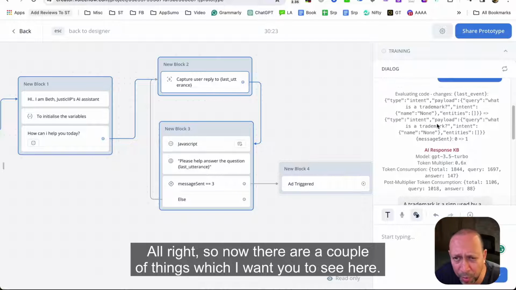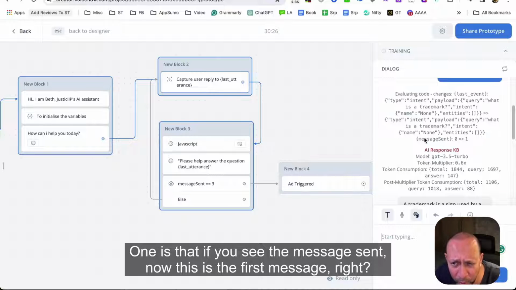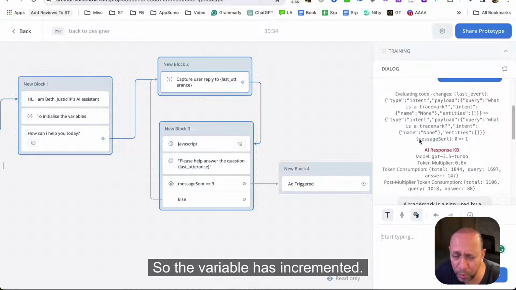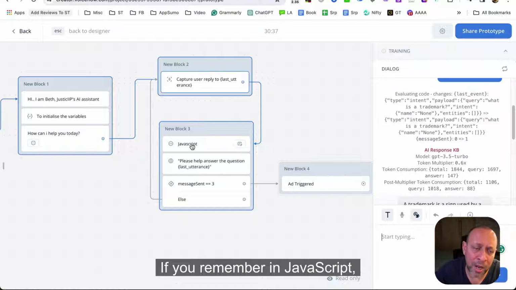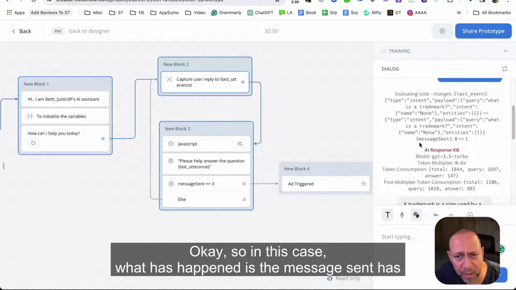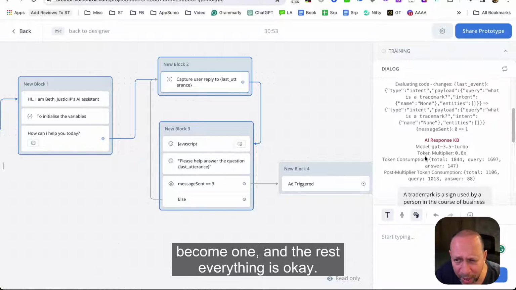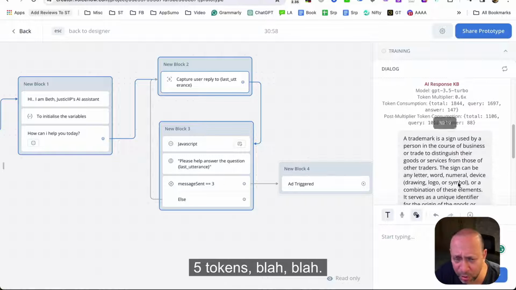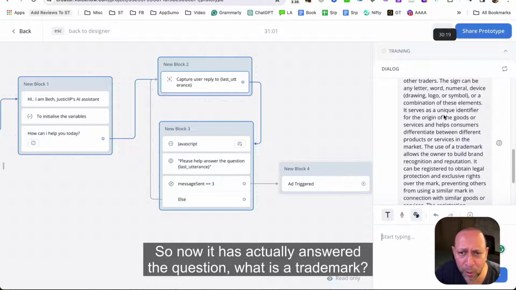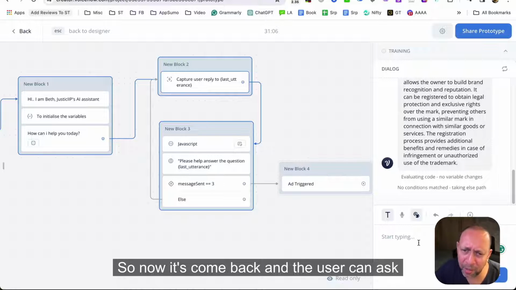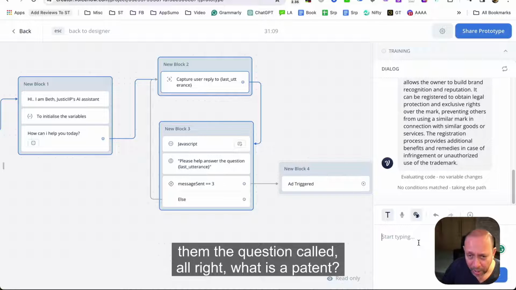So now there are a couple of things which I want you to see here. One is that if you see the message sent, now this is the first message, right? So message sent is from 0, it's changed to 1 now. So the variable has incremented. If you remember in JavaScript, in this particular one, we actually said message sent plus plus. Okay, so in this case, what has happened is the message sent has become 1, and the rest everything is okay. And the model is GPT 3.5 tokens, blah, blah. So now it has actually answered the question, what is a trademark? Okay. And that's it. So now it's come back, and the user can ask the question, all right,